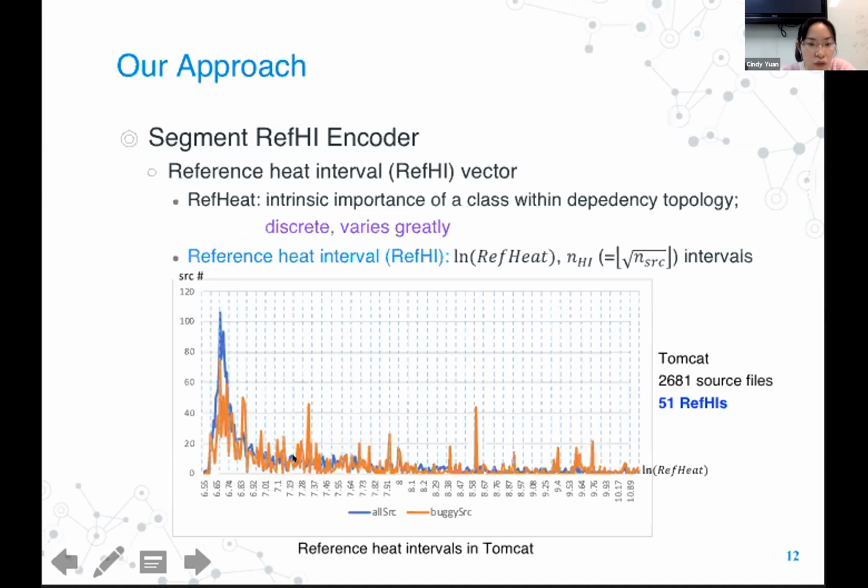This figure shows the reference heat intervals in Tomcat, and 51 ref HIs are shown by these light blue dashed lines. This figure indicates that we are not able to distinguish buggy from non-buggy files simply based on the reference heat values.